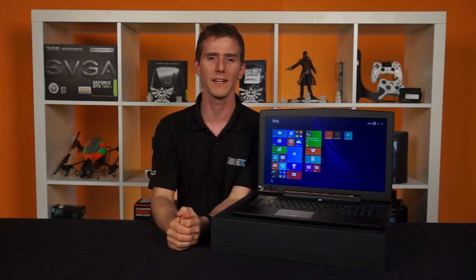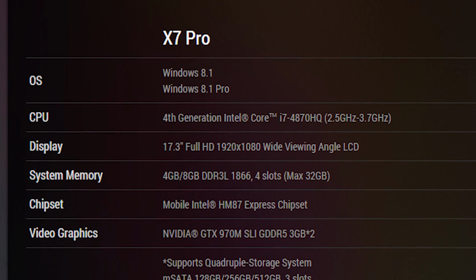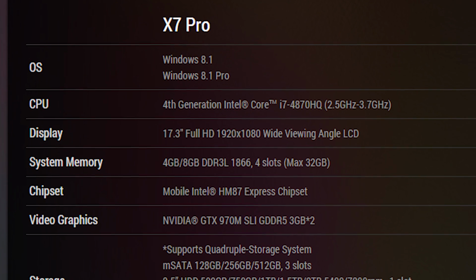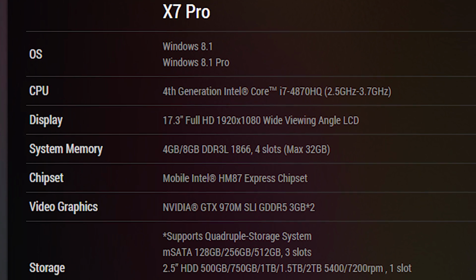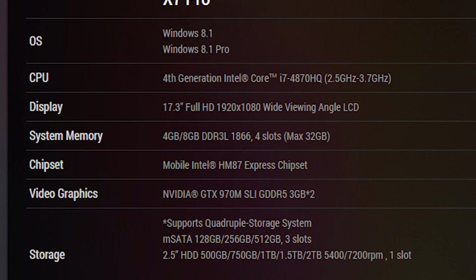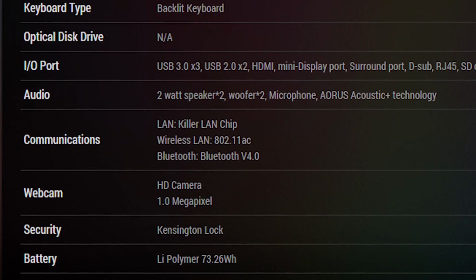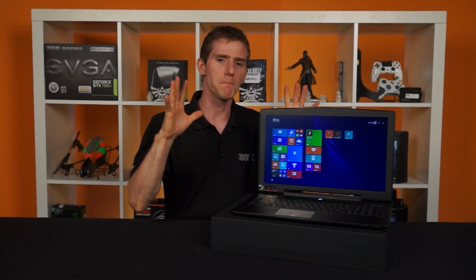and then onto the stuff that is quite exceptional. On the inside, we find a 4870HQ clocked at 2.5 gigahertz that turbos up to 3.7 gigahertz. That's paired with 4 or 8 gigs of DDR3L, although there are 4 slots internally available for up to 32 gigs of DDR3 low voltage memory. For wireless connectivity, you've got 802.11 AC and Bluetooth 4.0,